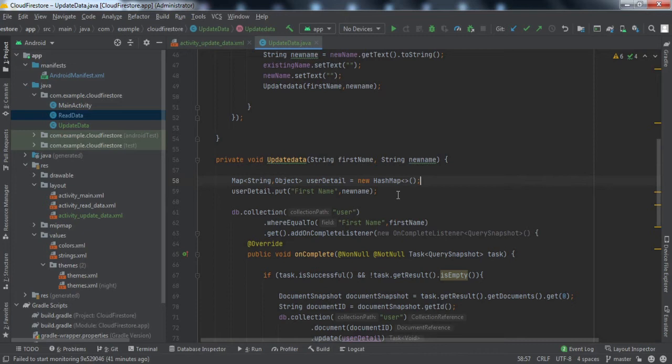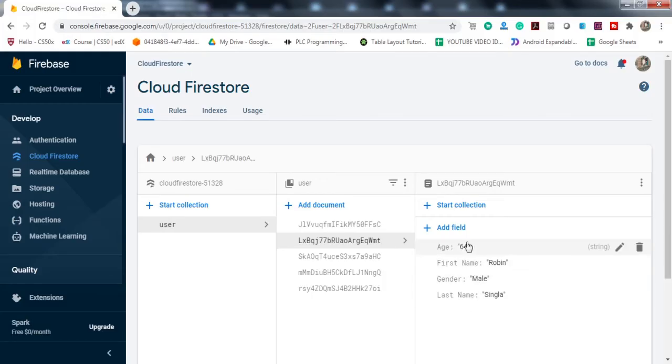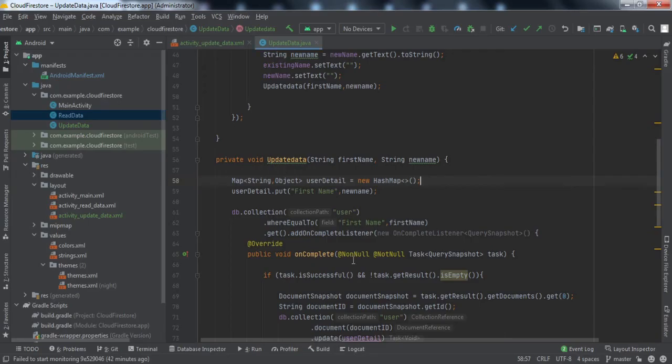While updating the data, you just have to put the values you want to update in the hash map. Here we are updating the first name only, so we'll use first name as the first argument and the new name as the second argument.